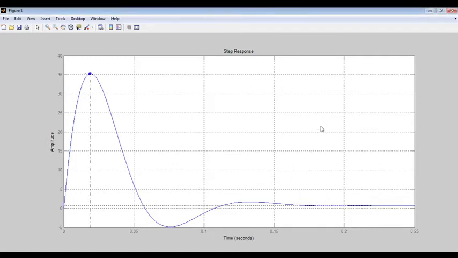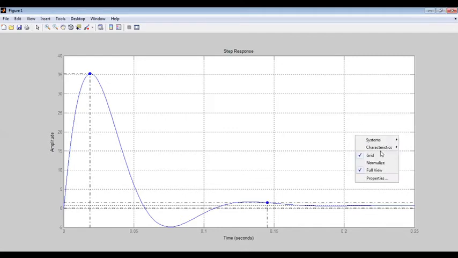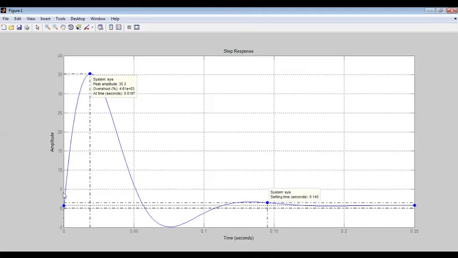In this case also, all the values you observe: peak time, rise time, settling time, steady state error. Again, you see that the system is stable, but there is only a change in the values of the time domain specifications, because you are adding only the zeros in the left of the s plane. So the system will always be stable.